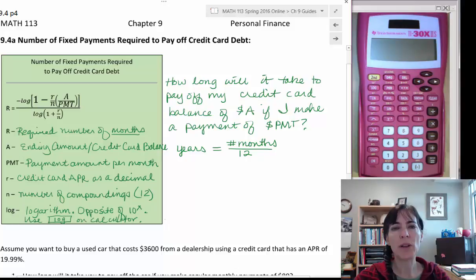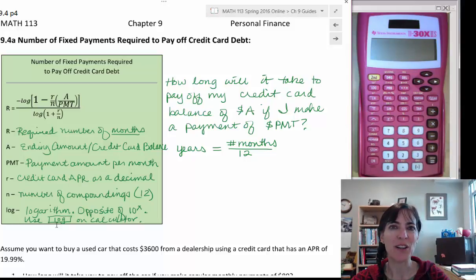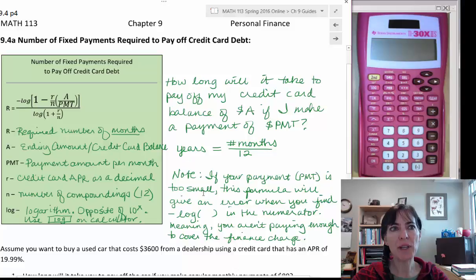The full name for it is logarithm, and it is the opposite of 10 to some variable power. And we will use the log button on your calculator, which is right there, the log. That's the log that we're going to use. There's one note I need to tell you about this formula. If your payment is too small, the PMT that you choose, this formula will give you an error